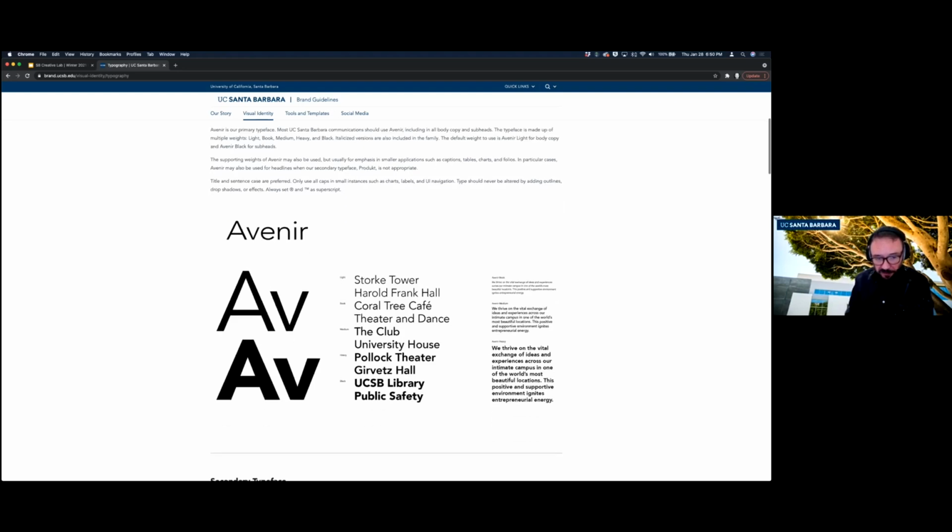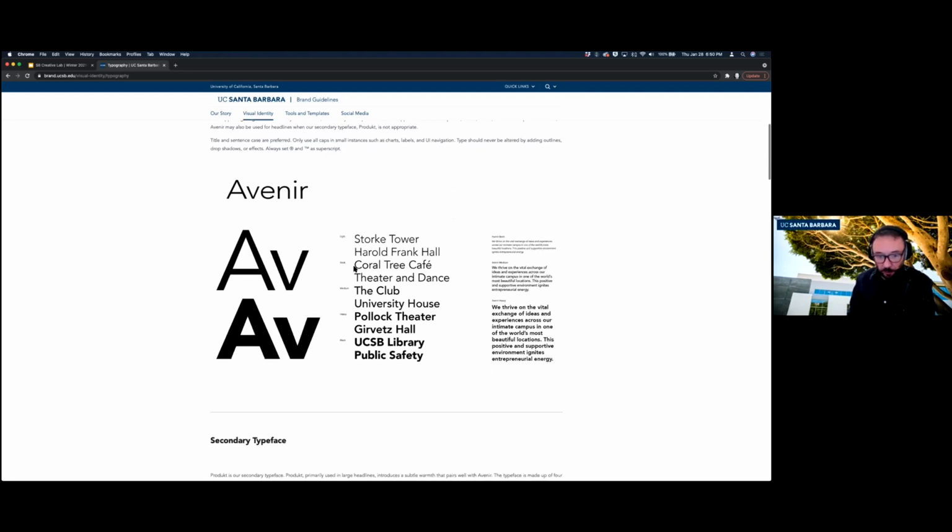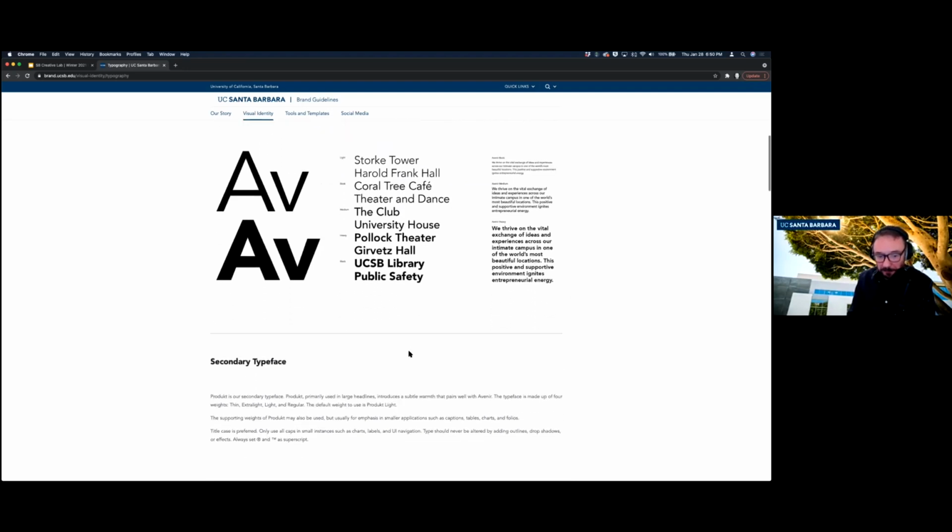But the nice thing about this is that this comes standard on all Mac computers, which most people in design are using. So if you have a Mac, you have Avenir, and it goes all the way from light to black. So a lot of variance in the weights, and you can do a lot. Even if you just look at the way these guidelines are laid out, you get eye candy for design. This is designed beautifully already, pairing different size type and different weight type.